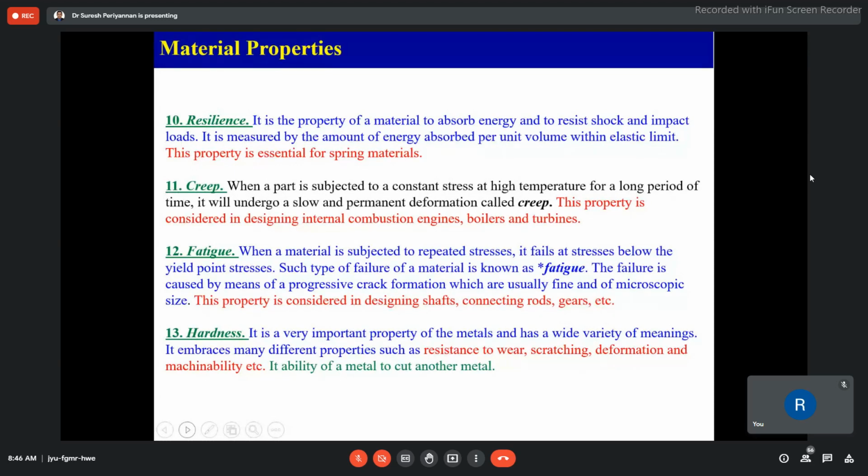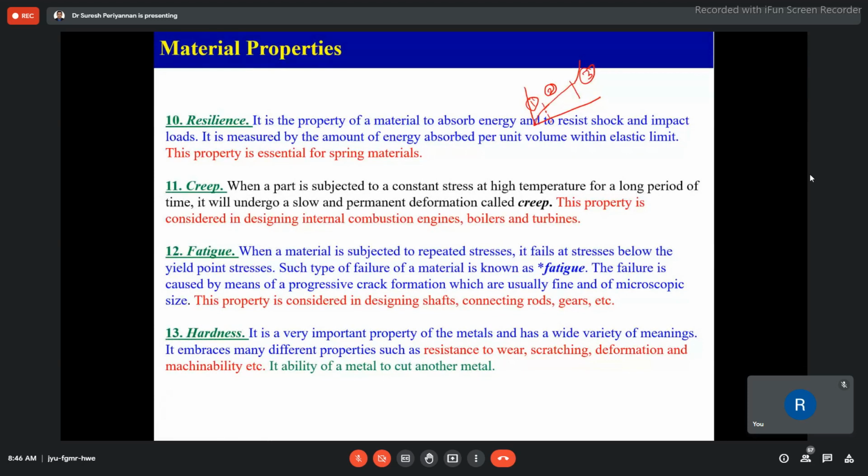Okay. Now, in creep, we can classify into primary creep, secondary creep, and tertiary stage. In the primary stage, the creep may not be linear. In the secondary stage, you might have seen, it is somewhat linear. See, this is the primary creep, this is the secondary creep, then third is the tertiary creep. Up to here is the primary stage, this is the secondary stage, and this is the tertiary stage.